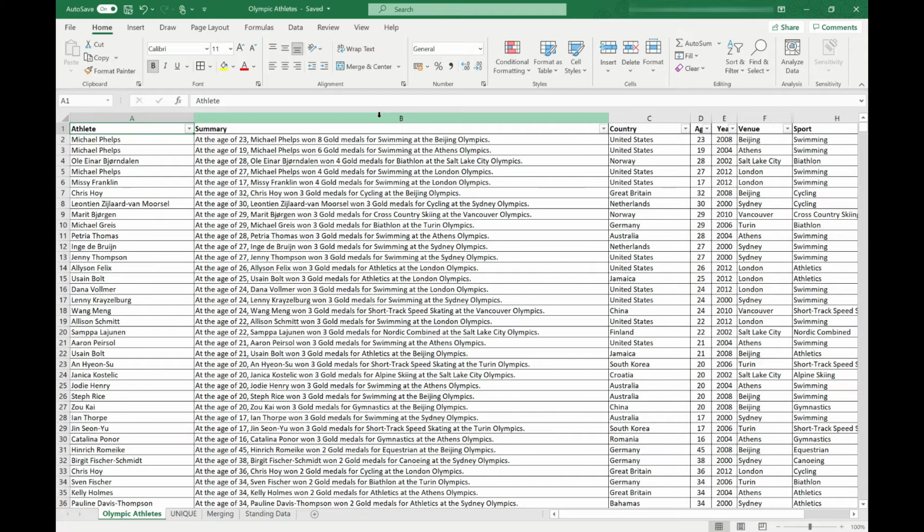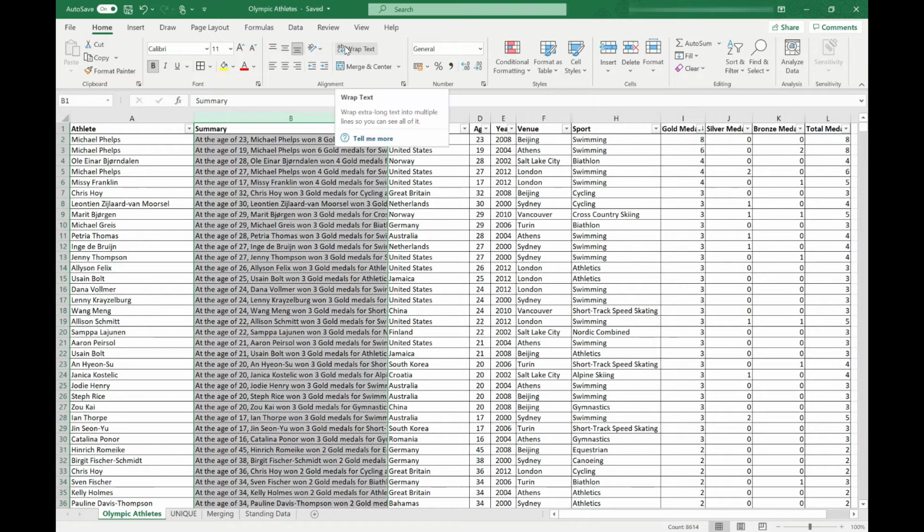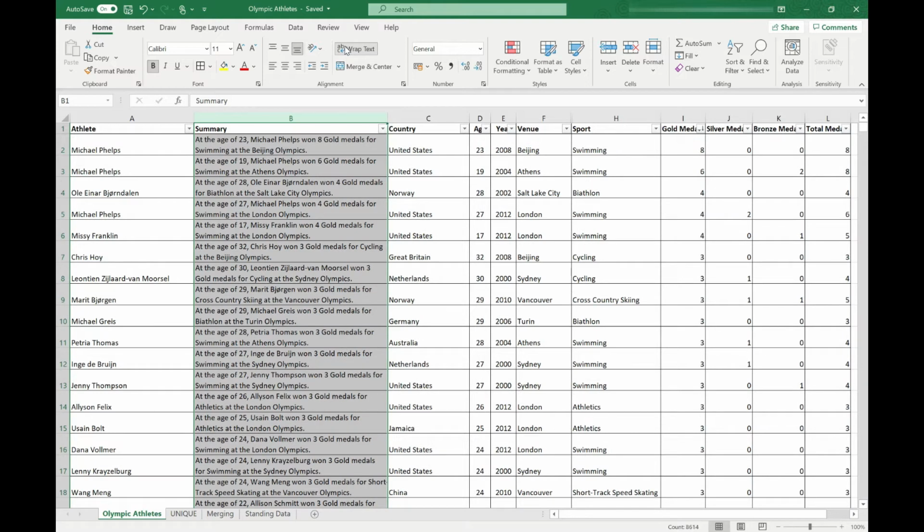So if we wanted to make this column narrower, but still see all the text within it, we'd need to use the wrap text. I'll just make this column a bit narrower again, and all we need to do is highlight all the cells I want to apply the wrap text to, and click on the wrap text button up here in the alignment area in the Home tab of the ribbon. And you'll see that's wrapped the text onto multiple lines and extended the height of the rows to allow for